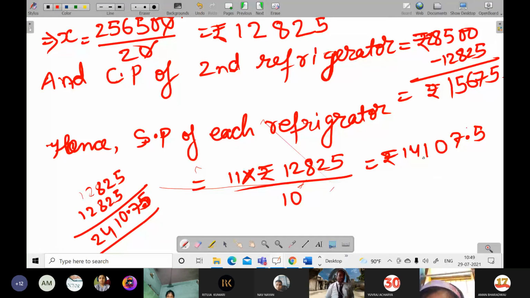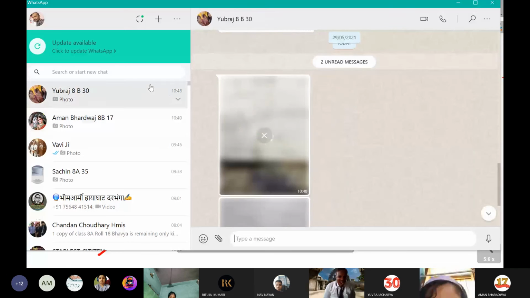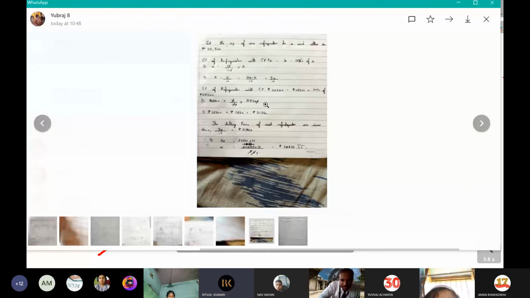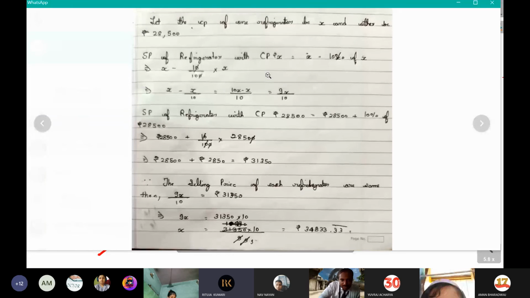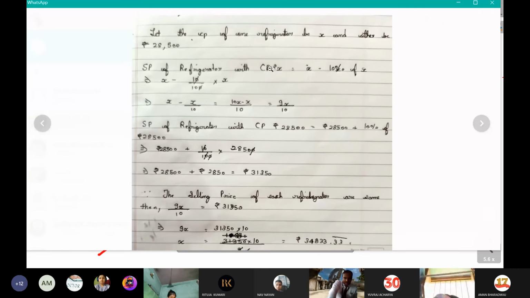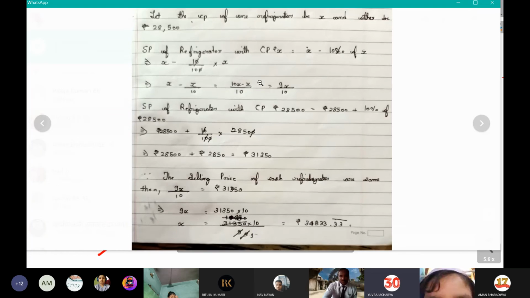Got it? Yes, sir. Yes, 7 also. So you guys have sent the photo of which number? Sir, I also sent you question number 6, 7, sir. Please check it. Which question I had made, that only, yes. So x, then after 10% of x, it becomes 9x by 10. Then you are saying without assuming it, I got the answer. I had not said, sir. Aman said, sir.